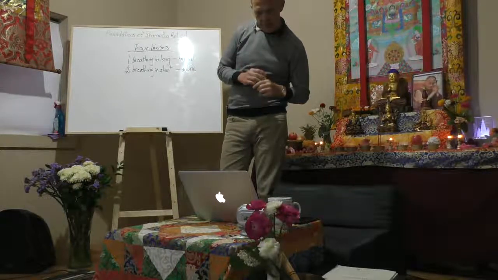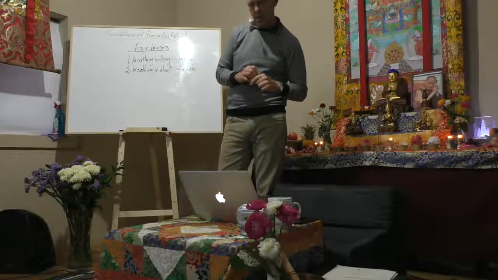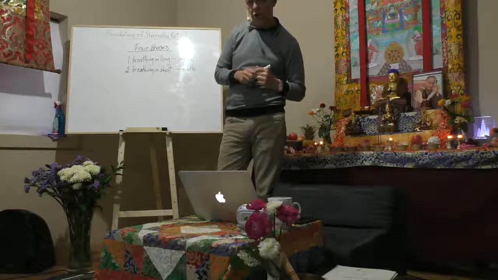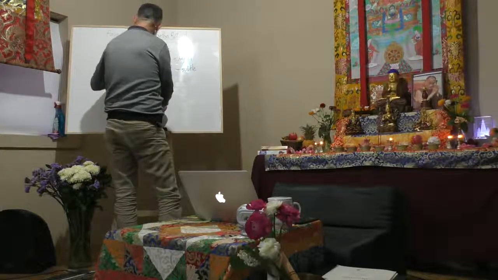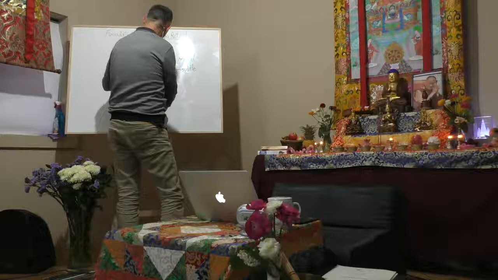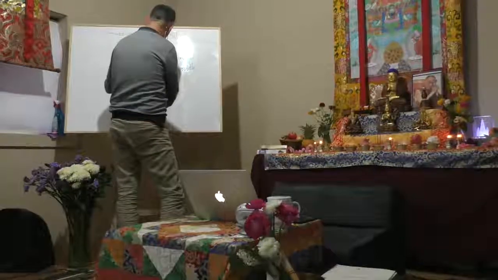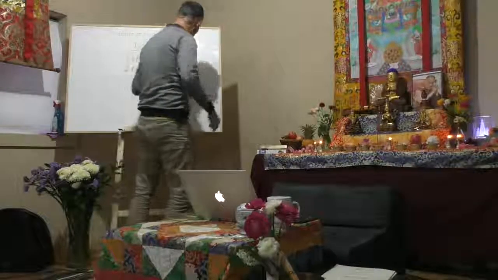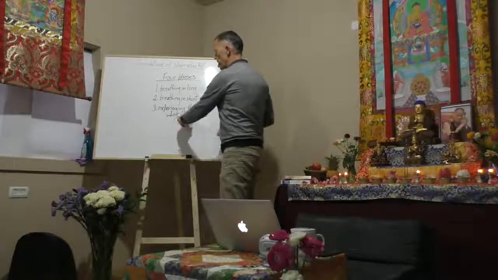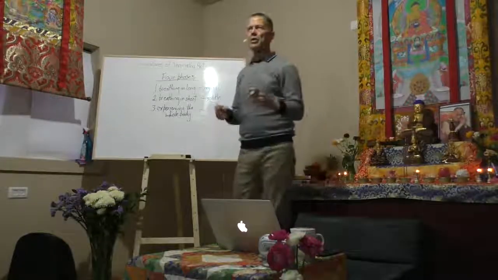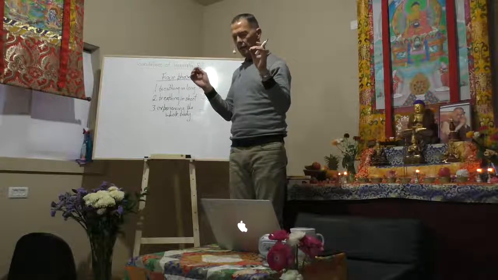So that was breathing in short, one knows, I breathe in short. Then the next part of the verse said, one trains thus, I shall breathe in, experiencing the whole body. I shall breathe out, experiencing the whole body. One way of understanding experiencing the whole body is in terms of the body itself, but another way of understanding this is the whole body of the breath, meaning that we are focused on the whole